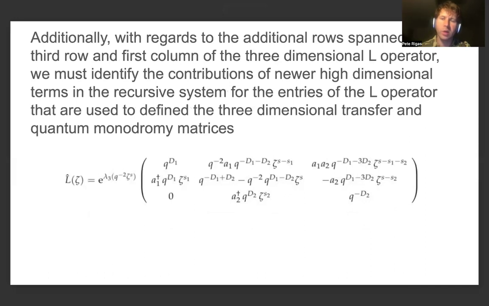And additionally, with regards to the additional rows spanned by the third row in the first column of the three-dimensional L operator, we must identify the contributions of newer, higher dimensional terms in the recursive system for the entries of the L operator that are used to define the three-dimensional transfer and quantum monodromy matrices. So in a way, just as we define the transfer and quantum monodromy matrices and relate some type of asymptotic approximation of the entries of the quantum monodromy matrix to several computations with the Poisson bracket, we should also expect and anticipate some type of three-dimensional version of these types of